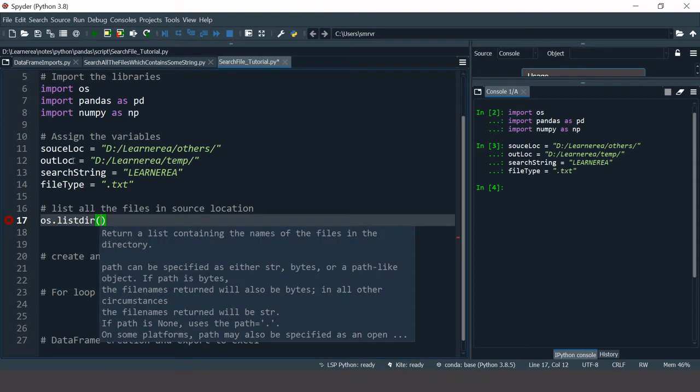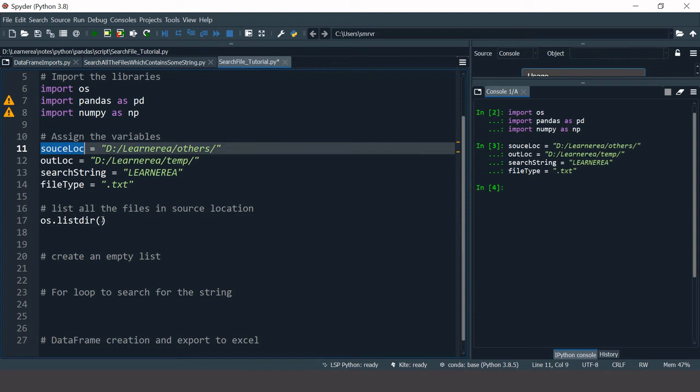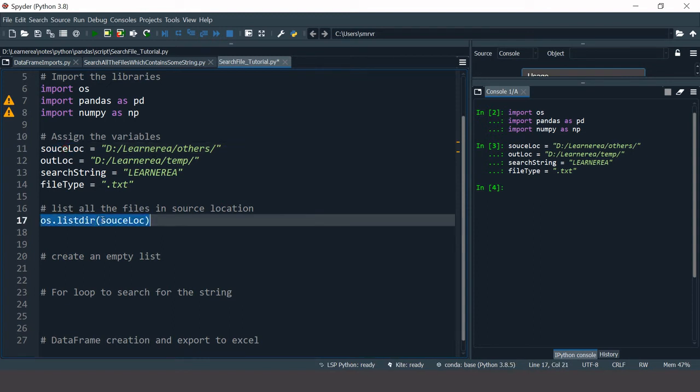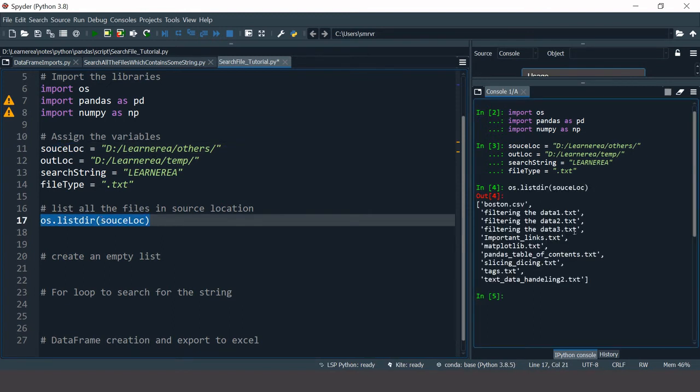In that I will put this location, and then select and run it. Like you can see, it has listed down all the files which are stored in this particular location. Now I will store this list in a variable called direct and execute this again. Now this has been stored.